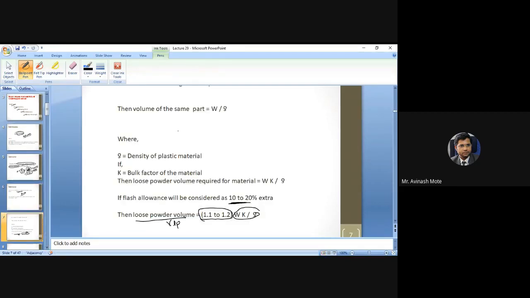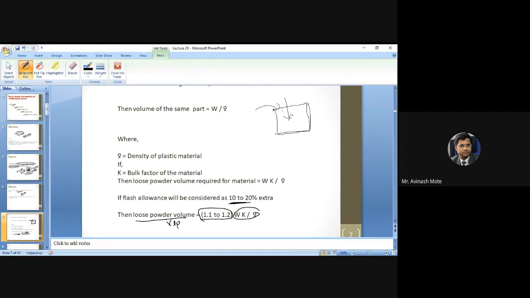Then we have seen the formulation for the bulk factor. Apart from the basic raw material, we require some extra material. Suppose we are going to manufacture a component of this size, we would have the volume of raw material of this size only at the start. But while compressing it is going to compress down, so we require more volume.